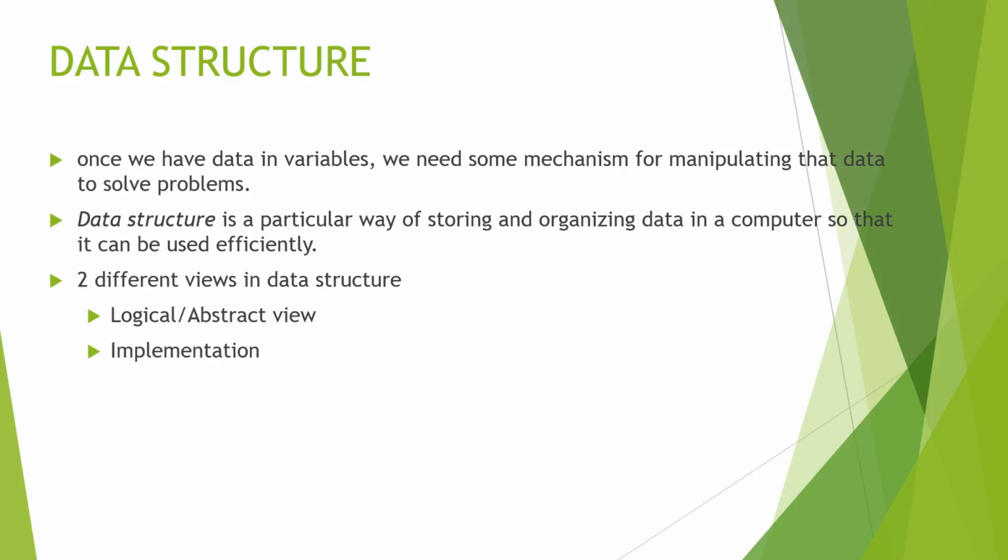We can look into data structures in two different ways. The first one is where we can see it in a logical abstract view or model, in which we just specify what the data structure is going to have. We know that a data structure is a way of storing data. When I mention a way of storing, there must be some rules that are to be followed. All those rules can be modeled as a proper view. So we can write all the characteristics or specifications of it, and this comes under the logical or abstract view.